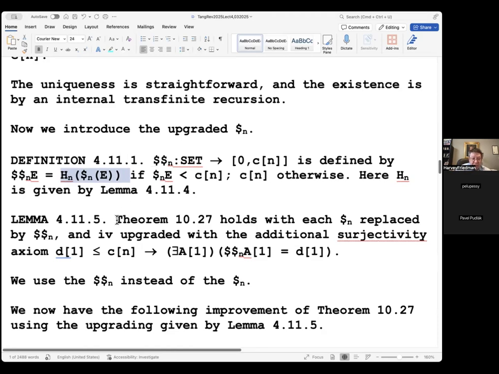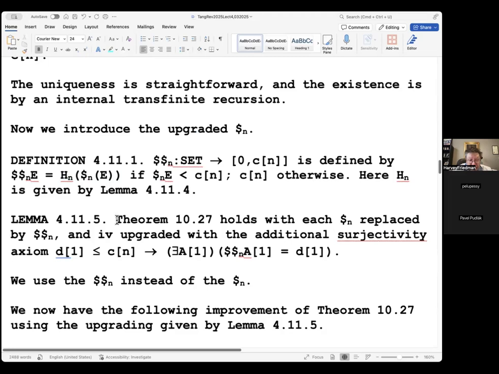And now here's the point. Theorem 1027 holds for each $n replaced by double $n, and the clause regarding the dollar signs is upgraded with an additional surjectivity axiom that